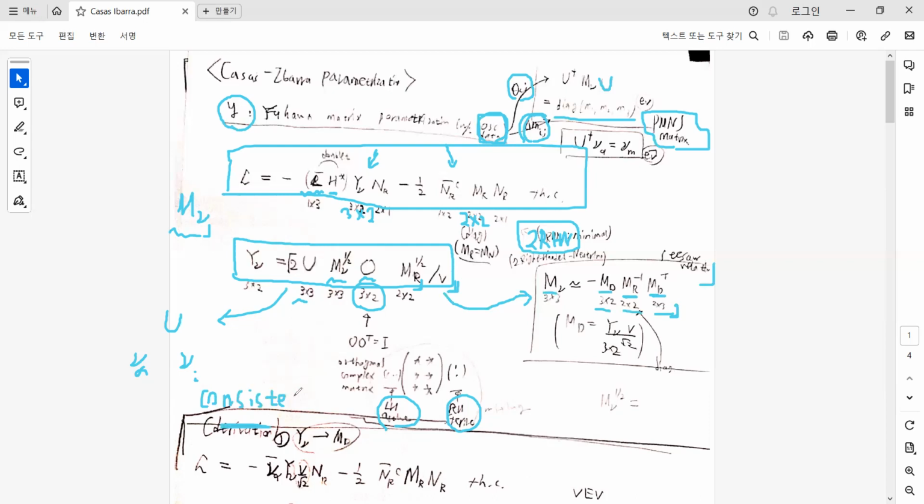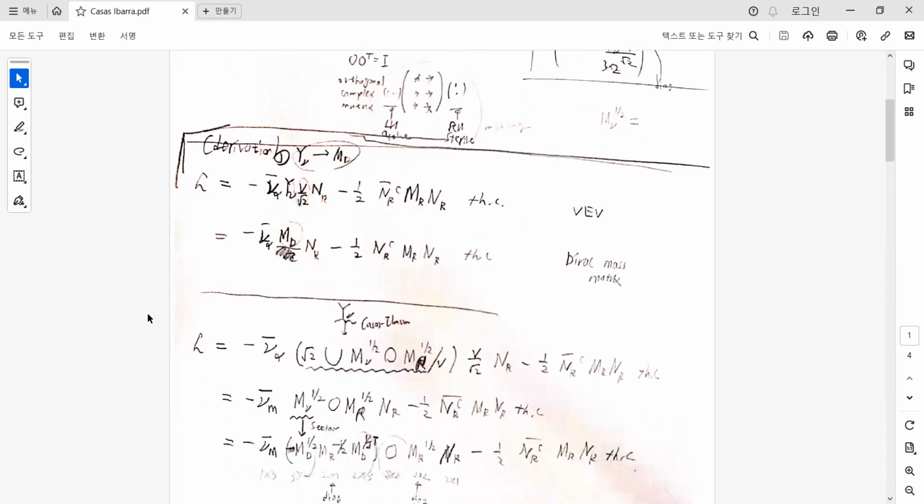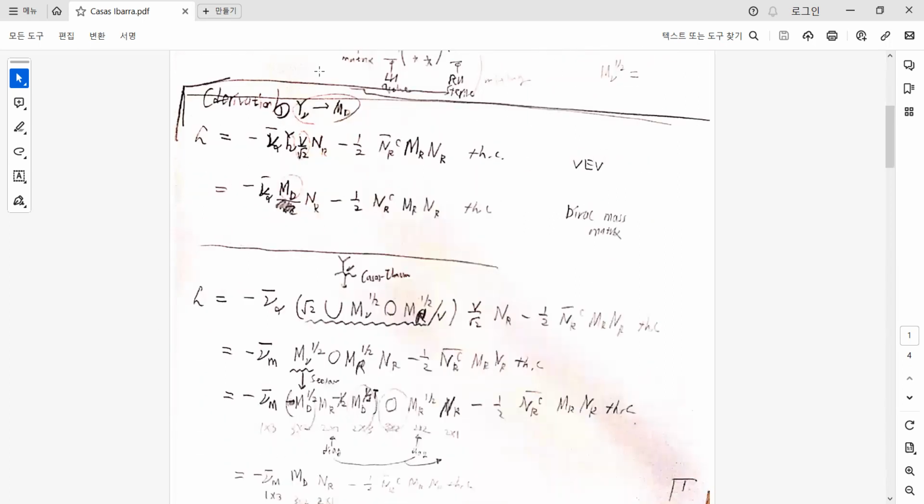So we will check whether the Casas-Ibarra parametrization is consistent with the whole Lagrangian, like the mixing between the flavor and mass eigenstates, and this is the relation. And after that, we will derive the Casas-Ibarra parametrization and check what the meaning is, especially of this matrix O. The matrix O is actually some mixing between the left-handed and right-handed neutrino. So first, for the consistency, we will